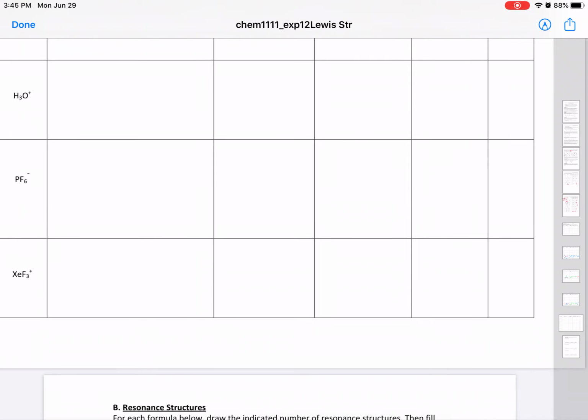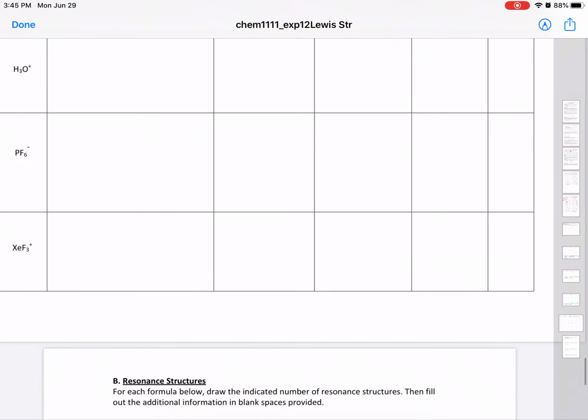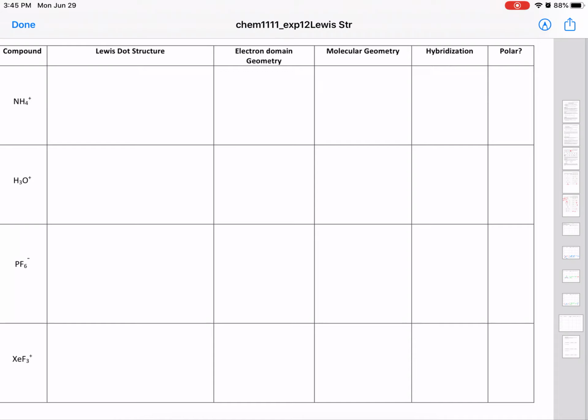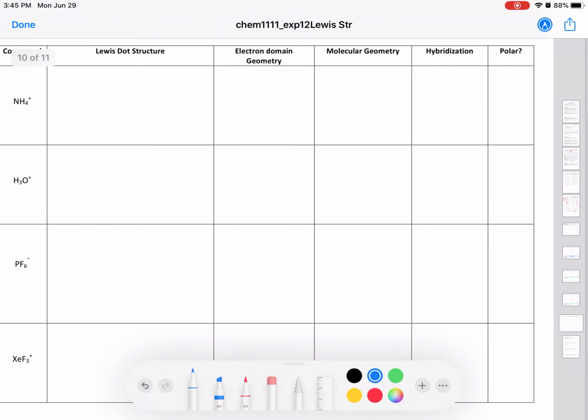XeF3, that also you should be able to do now that we do XeF2. Okay, but let's see, I'll do one here with you. Let's do hydronium ion, H3O plus. Okay, so hydronium ion, H3O plus, there are 3 hydrogens,